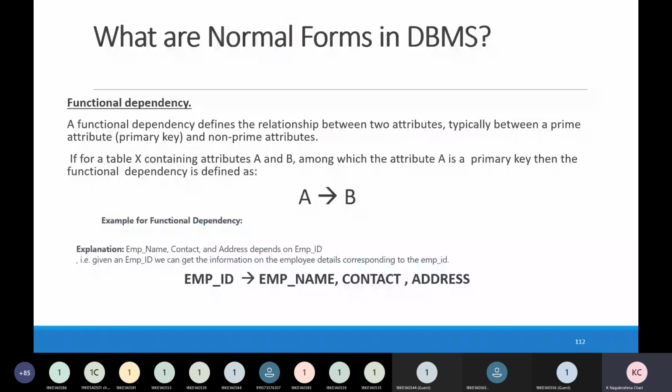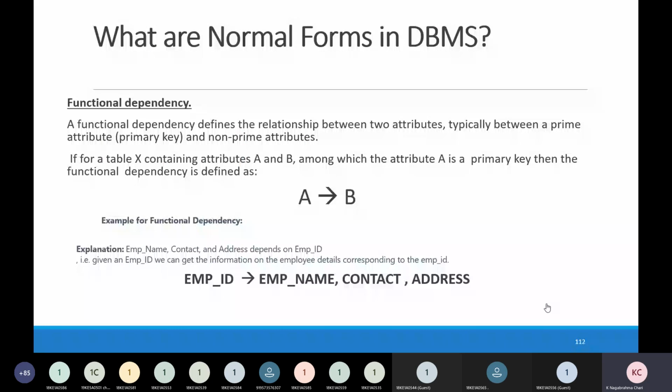Okay. Before going to the normal forms, we have to know about functional dependency. So what is functional dependency, and what are the insertion anomalies and deletion anomalies?